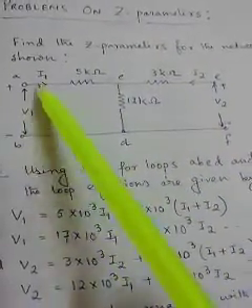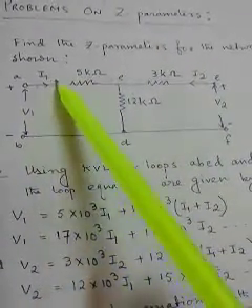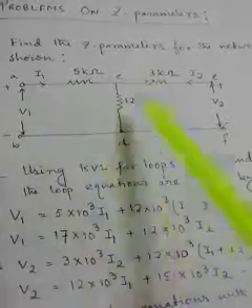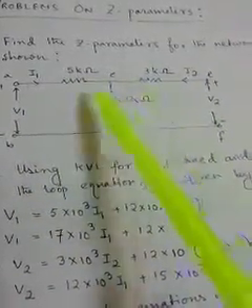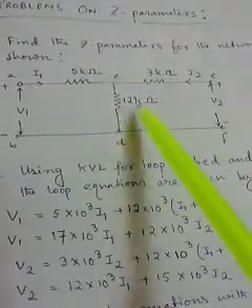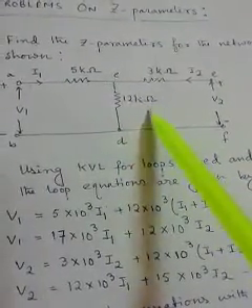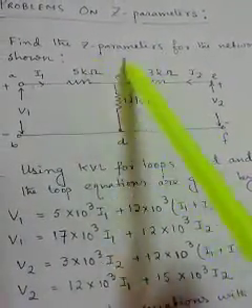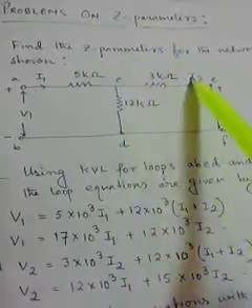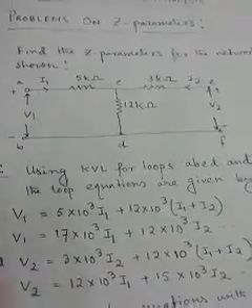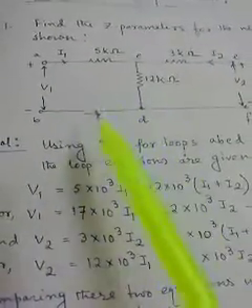Here V1 and I1 are the input port variables, and V2 and I2 are the output port variables, and these are the three elements provided with proper values. Our aim here is to find the value of the Z parameters individually, that means the Z matrix: Z11, Z12, Z21, Z22. So what is the method of solution?